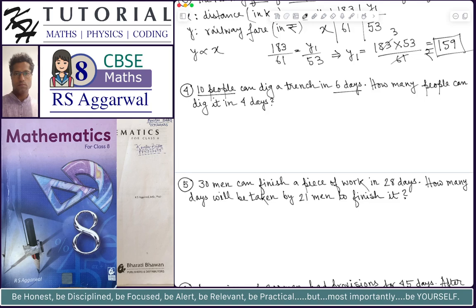Now the thing to understand is that the amount of work is constant. The amount of work is digging a trench. I don't know exactly what a trench is, but the dimension of the trench is fixed. It is not changing. So the amount of work, digging the same trench, is fixed. So considering that, we assume the quantity x to be